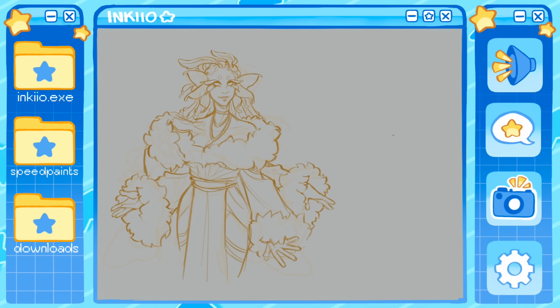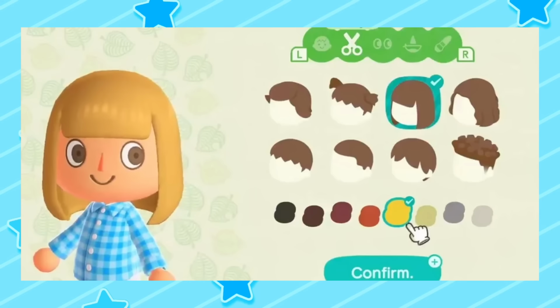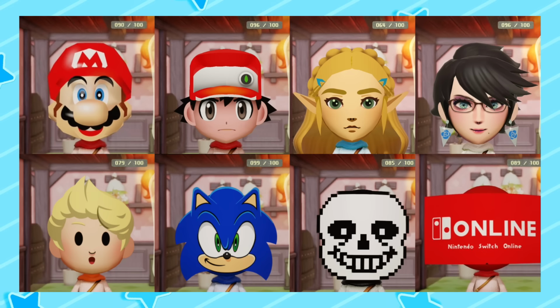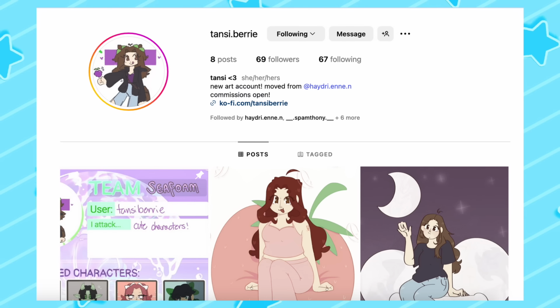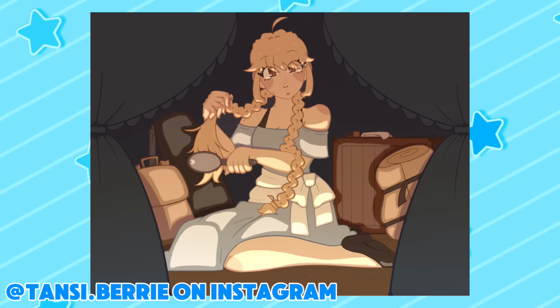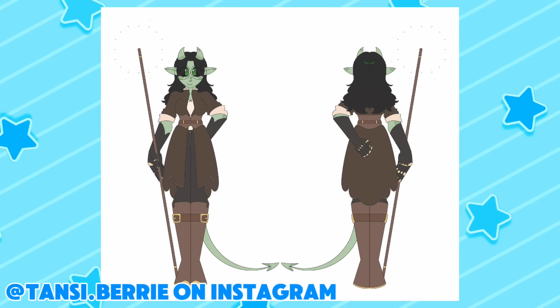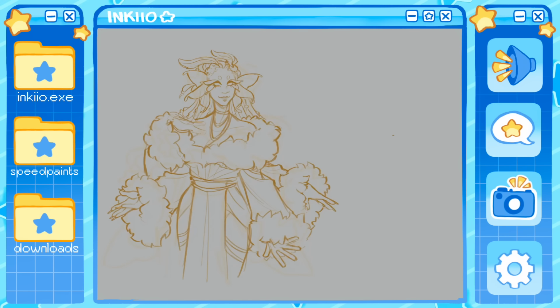Baldur's Gate 3 is the first one that comes to mind, but of course there's Animal Crossing, Tomodachi Life, Miitopia, Stardew Valley, Hello Kitty Island Adventure. I don't really play that many video games. My friend Tansy specifically made multiple Baldur's Gate saves so she could play as each one of her OCs. The options for character customization are legitimately just endless, even if you can't draw.